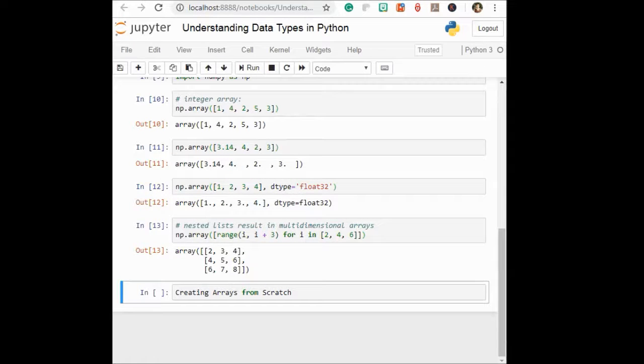Okay, so creating arrays from scratch, especially for larger arrays, it is more efficient to create arrays from scratch using routines built in Numpy. Here are several examples. Here, what we are discussing is creating arrays from scratch. Starting with a comment that create a length,